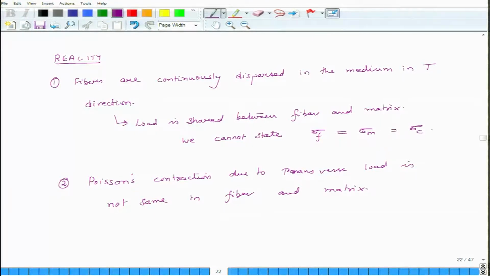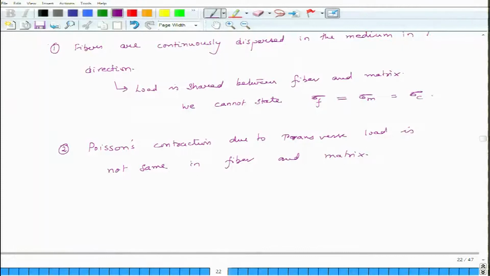So, what does that mean? Typically, one part of the material will expand less, the other phase will expand more or contract more, and so on and so forth. So, what this means is that fiber and matrix, because they are not in layers, interact very tightly with each other, and as a consequence, because of both these effects,